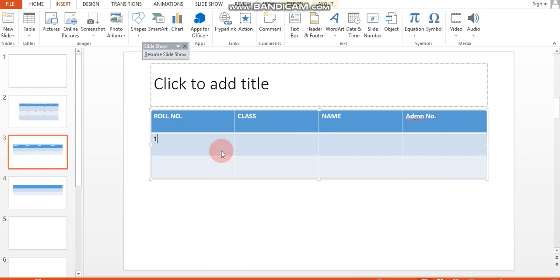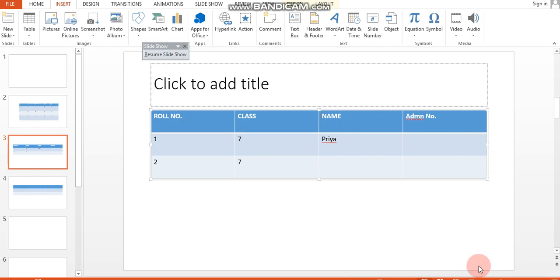Now suppose roll number 1, here roll number is 2, class 7, name suppose Priya. Here you can move with the arrow key, like I am moving with the arrow key, not clicking with the mouse now. Left arrow key to go to the left side, right arrow key to go to the right side, or up and down arrow keys to go up and down.